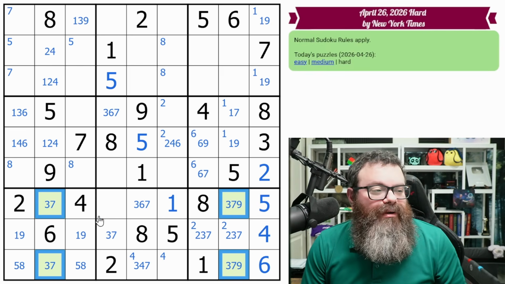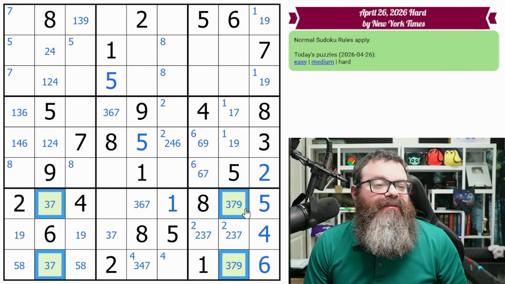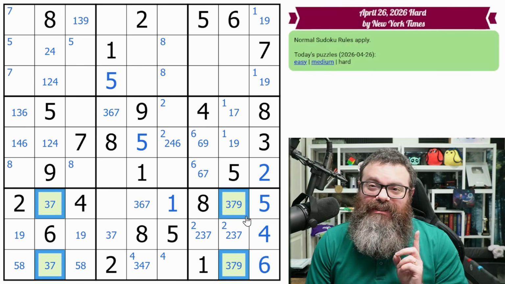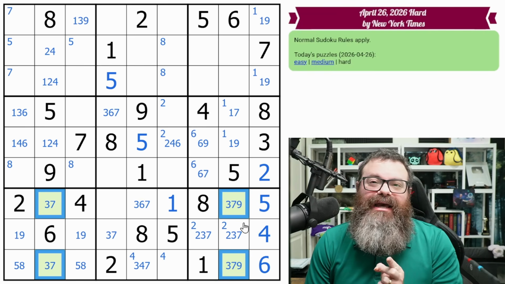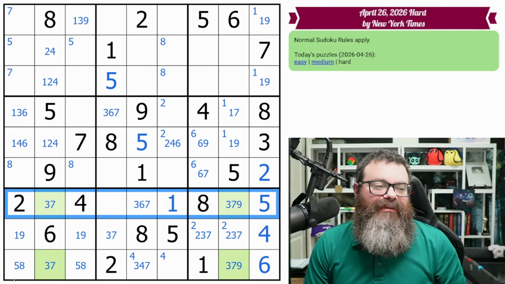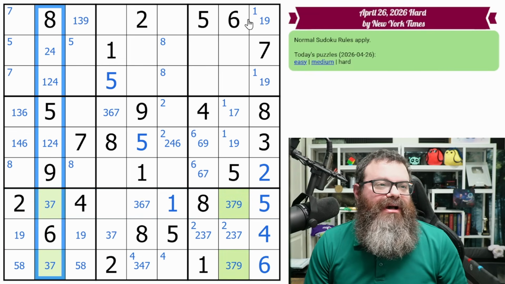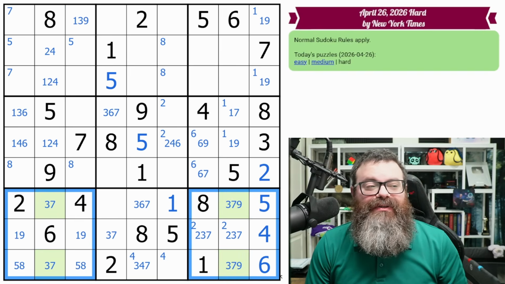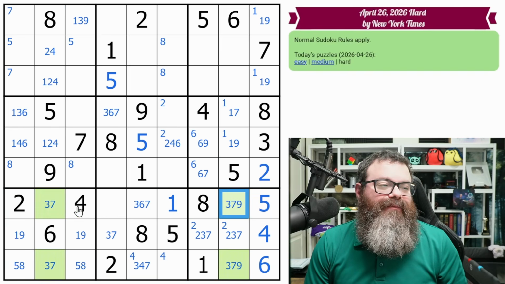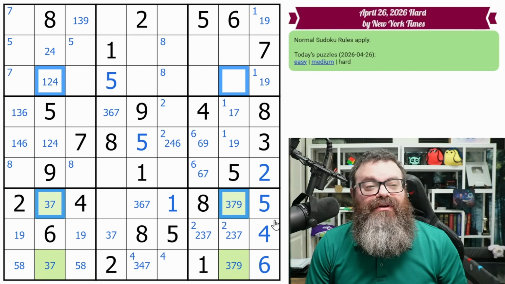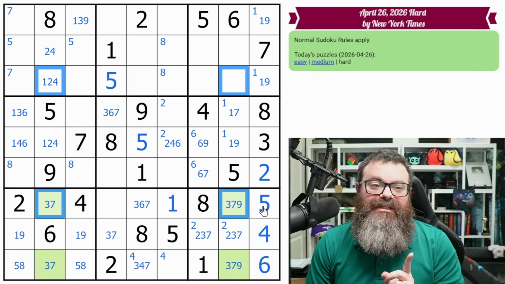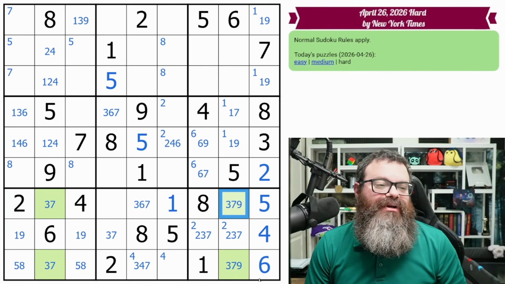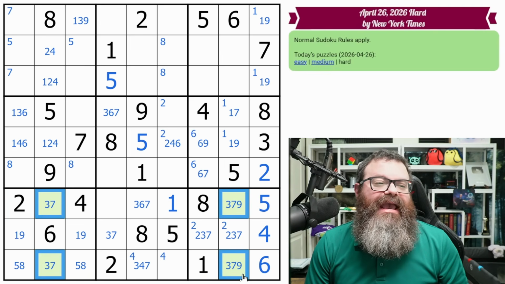So what we're looking for is 4 cells, and what's very important, this is very important, the 4 cells need to occupy exactly 2 rows, exactly 2 columns, and exactly 2 boxes. It's the boxes that trip people up often because they'll see a square like here, and they'll think they can do it to those 4. But no, that's 4 boxes, not 2 boxes. We need to be 2 rows, 2 columns, 2 boxes. If we have that, then what we can say is that we cannot reduce those 4 cells to only 2 digits,